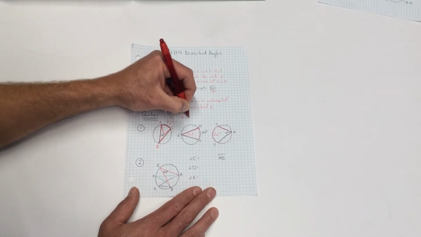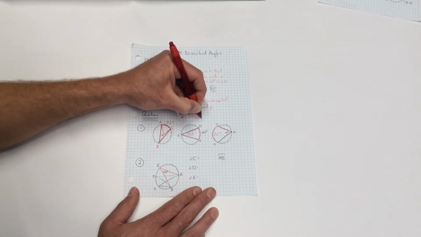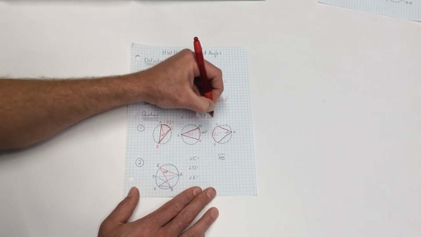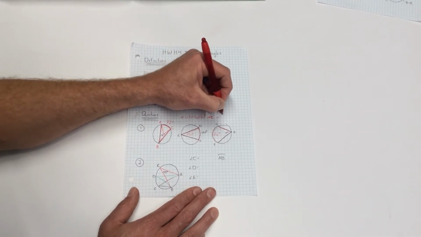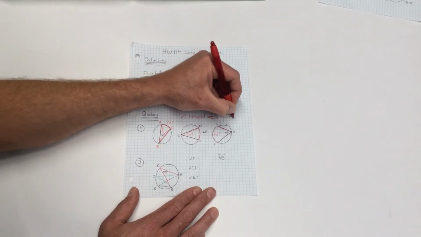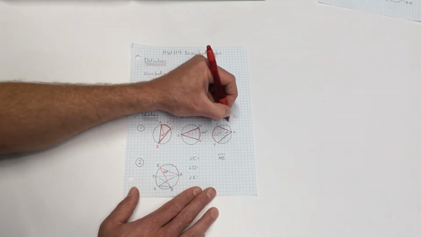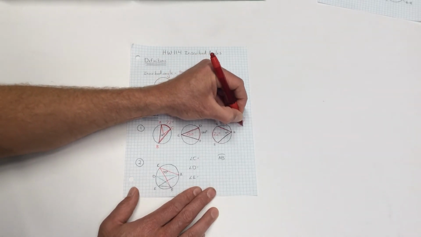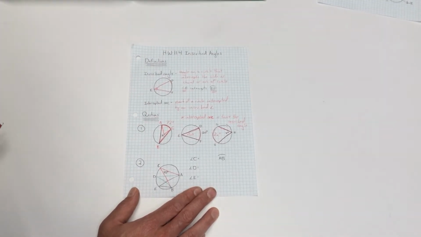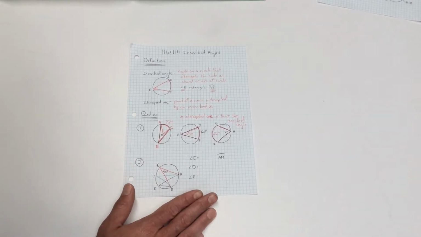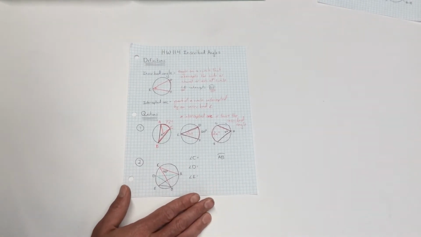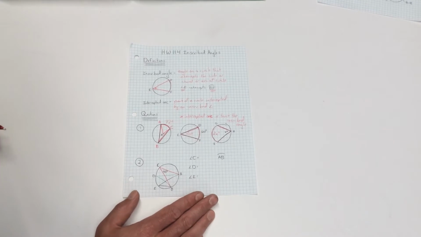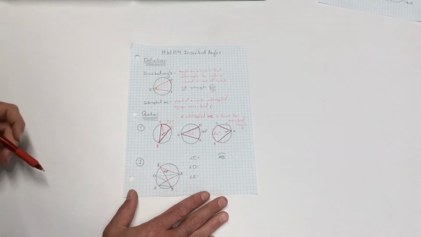So we should probably put that into words: the intercepted arc is twice the inscribed angle. That'll be a quick and easy way in which you can solve and deduce information using inscribed angles. So another fun fact, which implies that,